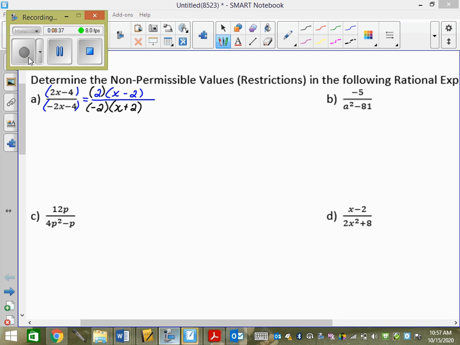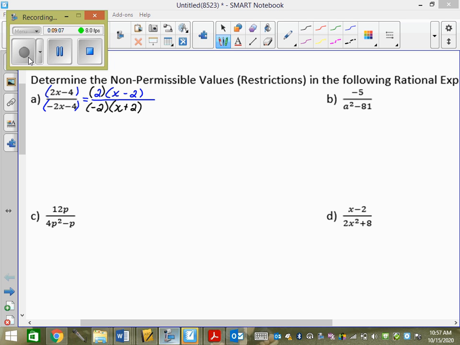Now, if they only ask for non-permissible values, do I actually have to GCF or difference of squares the numerator? No, I don't have to. But we're practicing because we're going to start simplifying today. So we're going to need to do this anyway. If it asks for non-permissible values, the only thing I care about is the denominator. So once I've reduced the denominator, I take each of the things that are in brackets and I set them